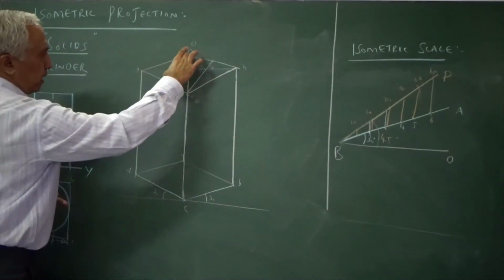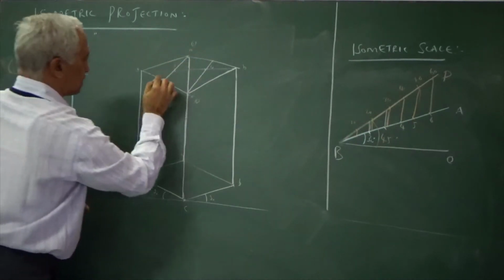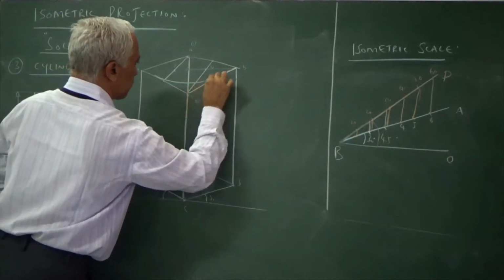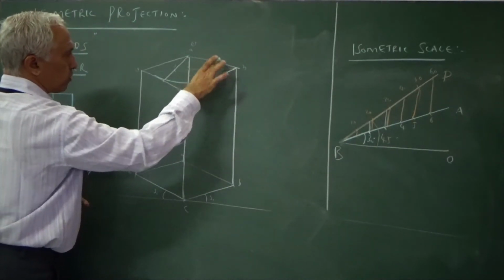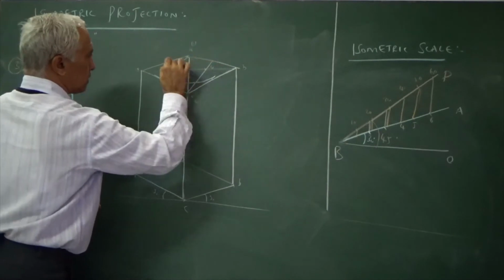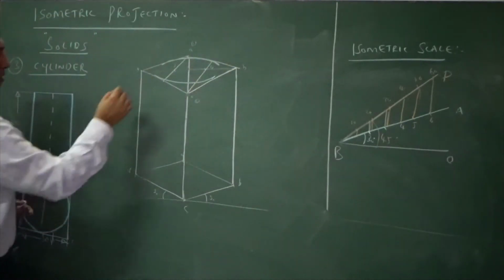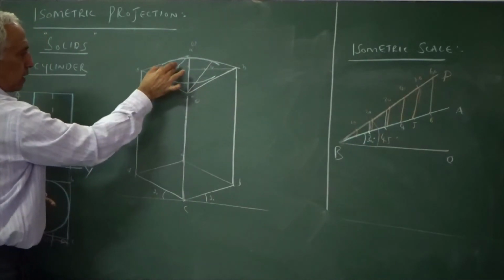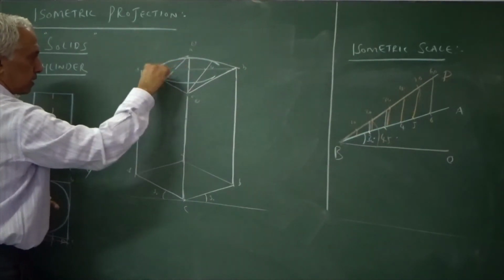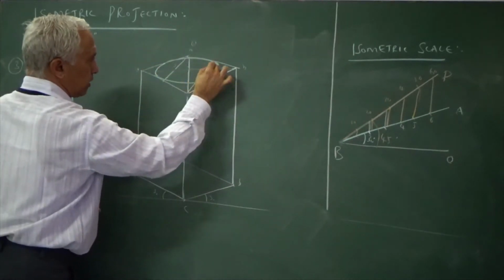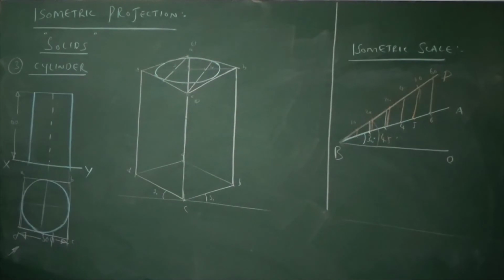With 1 as center and 1 to the midpoint of CD as radius, draw an arc. With C as center and C to the midpoint of BA as radius, complete the top part of the arc. With 3 as center, adjust the radius to meet these two incomplete arcs and complete. And with 4 as center, adjust the radius to complete the remaining part of the arc.